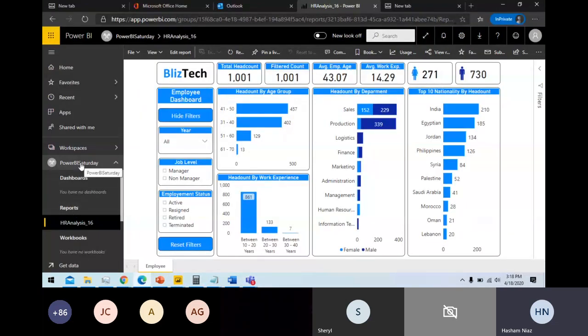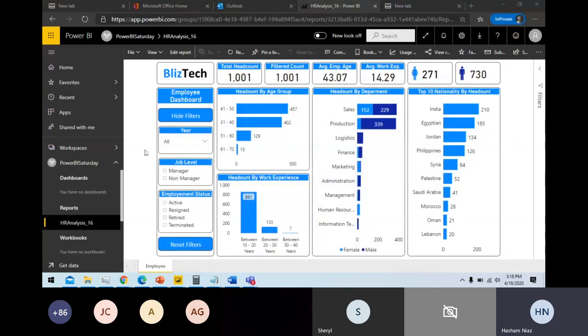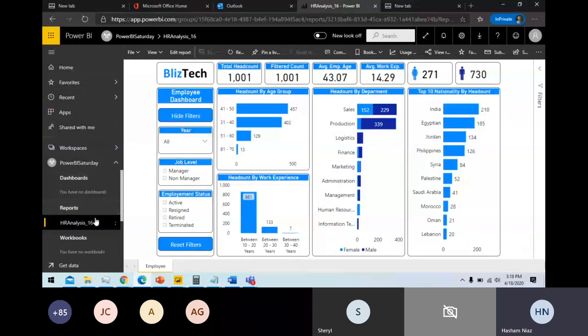The idea of a workspace is that you have created the workspace and shared the contributor role with the users you want to communicate with. I don't have any production environment, so here I can do the development environment. I can develop the report in my desktop and then publish it here into the workspace, or different developers can publish their own reports in this workspace.